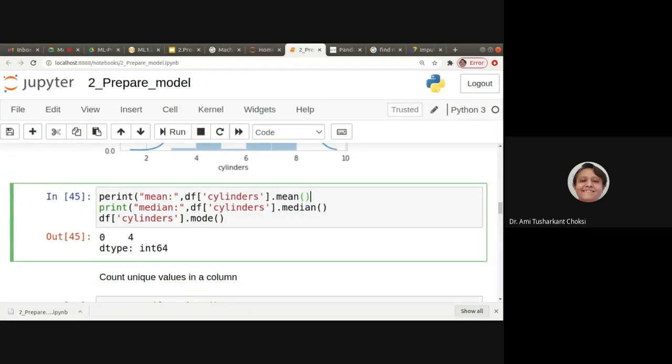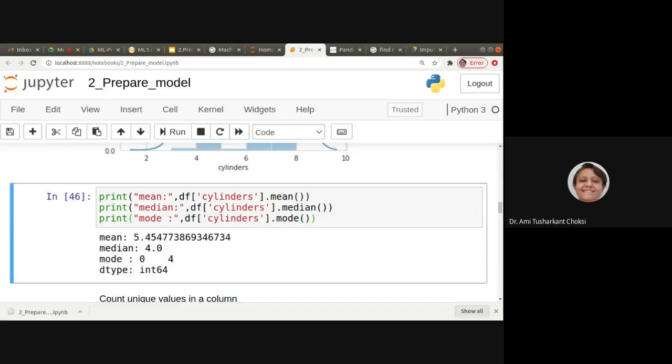So this is median, and let us print here the mode. So let us run this.